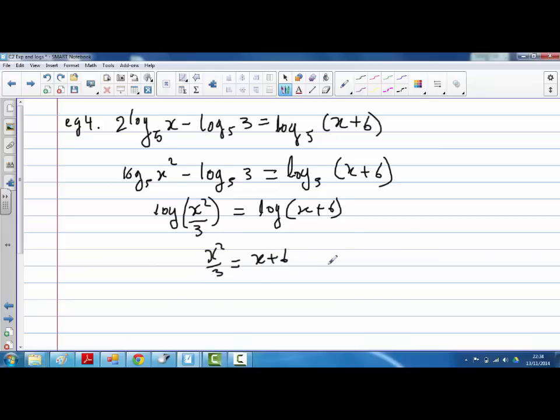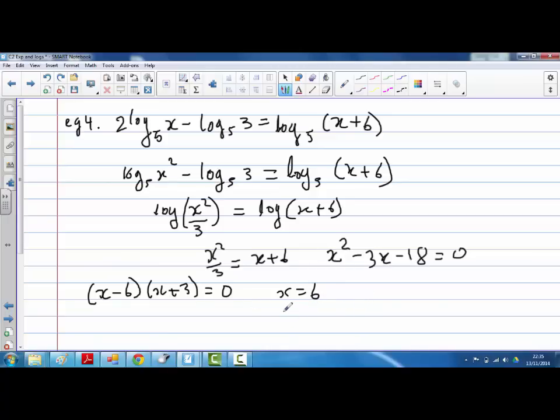Take the 3 to the other side, rearrange, we get a quadratic equation. We've got x squared take away 3x take away 18 equals 0. This can be factorized to give us (x - 6)(x + 3) equals 0, and so therefore x equals 6